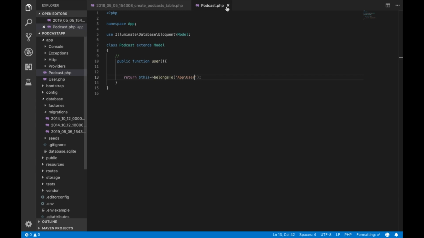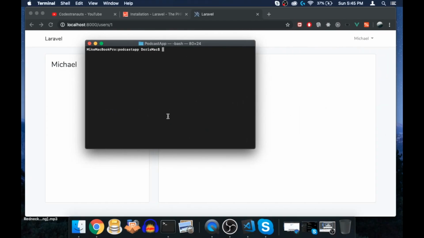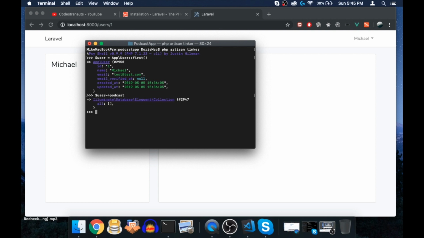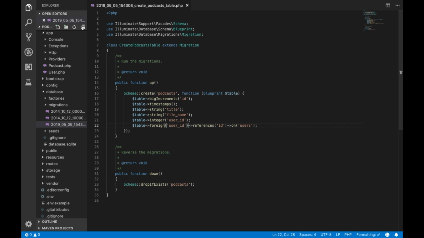There we go. So we can confirm that this is working by going to PHP artisan tinker, create here a new variable user, and then equal this to App\User first. And then if I type in podcast, we should get back an empty array, which is the case. Awesome. So let's exit that, and now we can start the server,